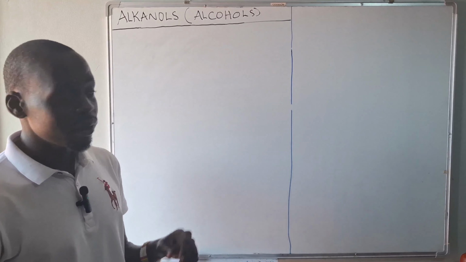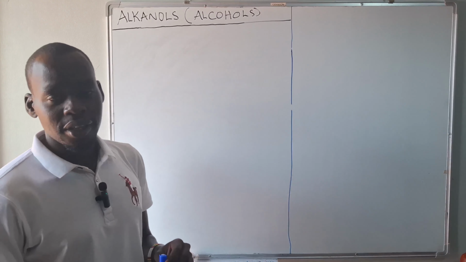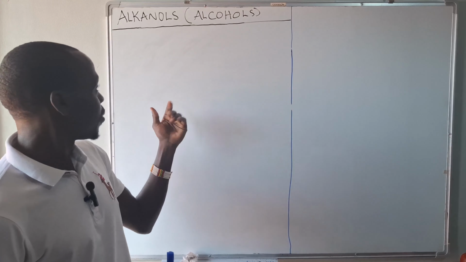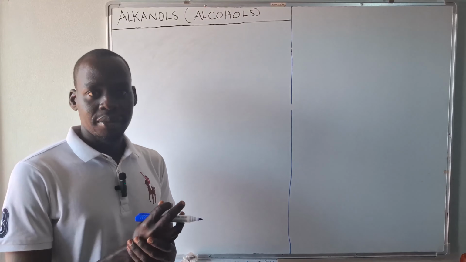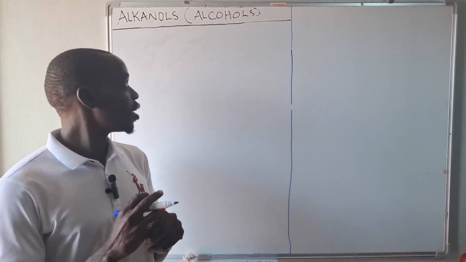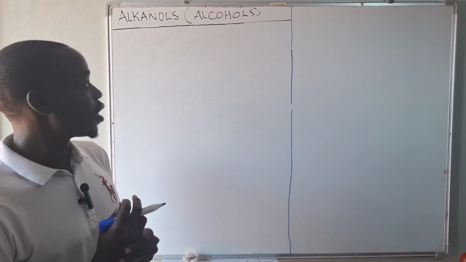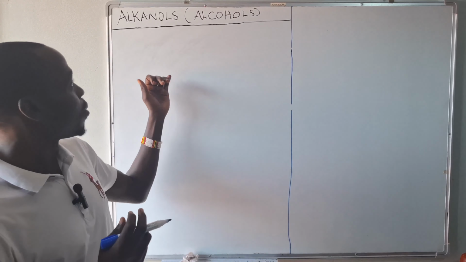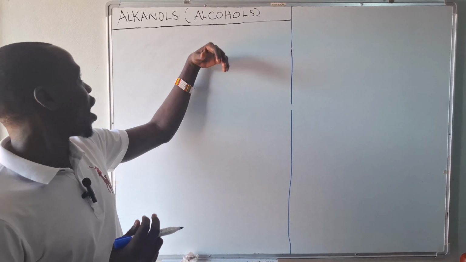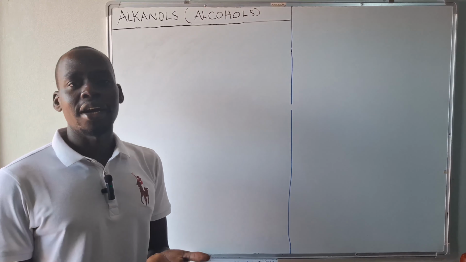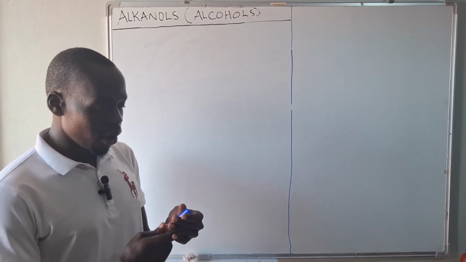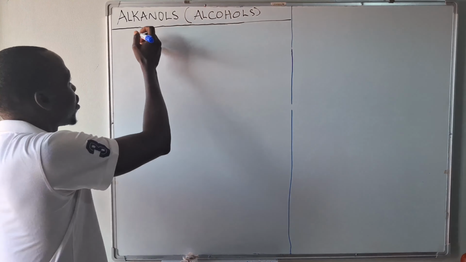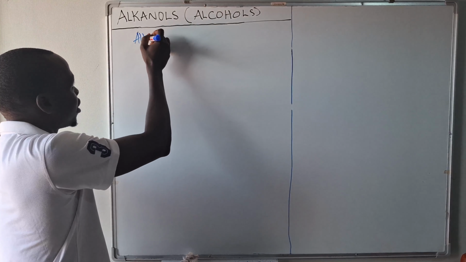We are going to go through alkanols or alcohols. So far, we have talked about the alkanes, alkenes, alkynes in the different topics that we did in organic chemistry. So today we are going to talk about alkanols or alcohols. And what we need to know about alkanols is that they are derivatives of alkanes. So that means when we talk about alkanols, it means when we get our alkanes like this,